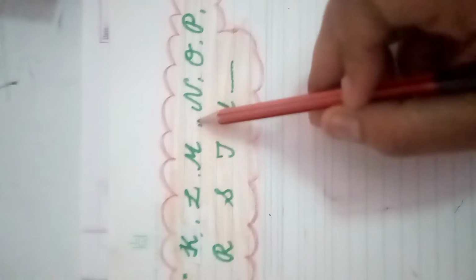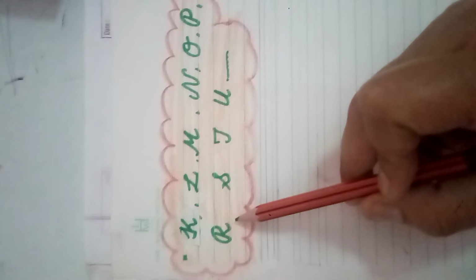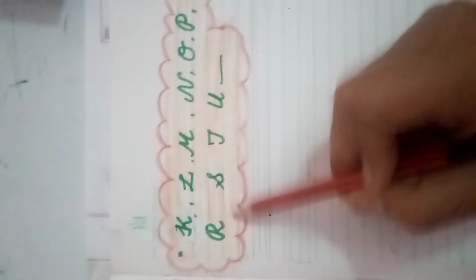Okay, so today we are going to write cursive K, L, M, N, O, P, Q, R, S, T and U. So let's start to write the cursive writing. You just need to follow my steps, and if you want to learn cursive writing, you need so much practice. So students, remember, do more practice at your home also. Only then can you write cursive writing in proper format. Okay, got it? So let's start, students.